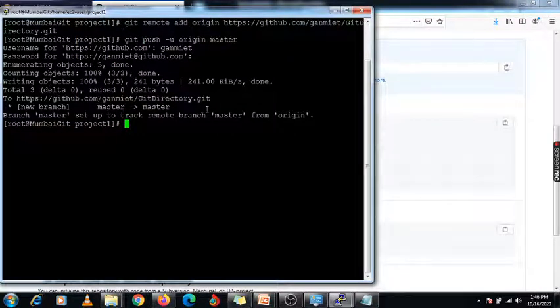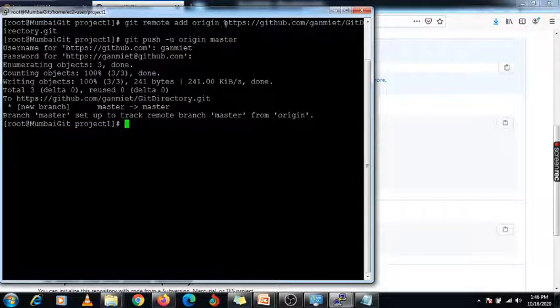So you can use this to push your code from your local directory to your central repository. First you need to add your remote origin. This is my origin name, and whatever name you want to give, basically we are giving the name origin. If you want to assign some other name, you can, it's like a tag.